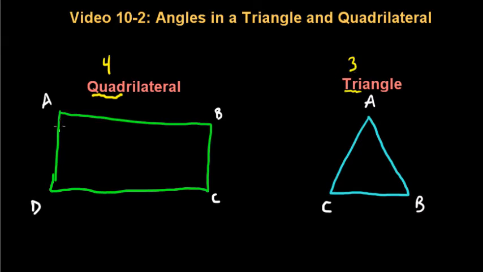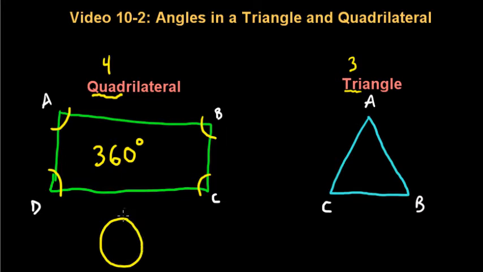In our discovery lab earlier today, we discovered that if you take the angles A, B, C, and D for any quadrilateral, it doesn't matter, and you add all four angles together, the total should always equal 360 degrees. Okay? And just one way to prove that, if you take a circle